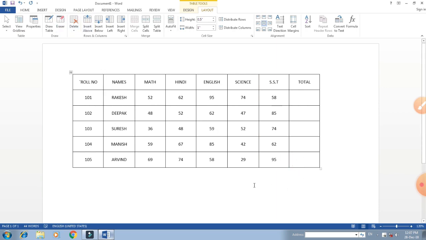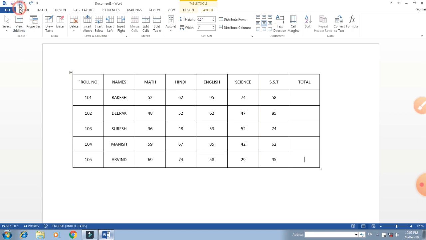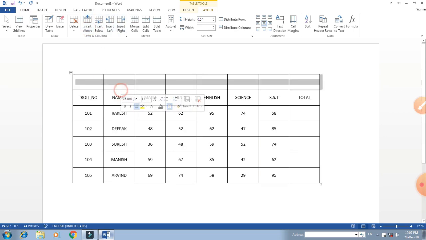To insert below rows, place your cursor and click on insert below. So that will insert one row. Where you want to insert that column or row, you have to place your mouse pointer. Mouse pointer means the cursor; you have to place it in that area and click on insert right, insert left, or rows or columns. Here the four options are given.